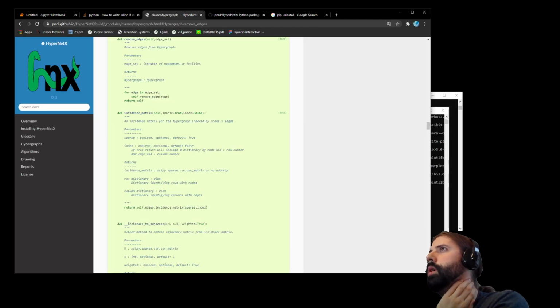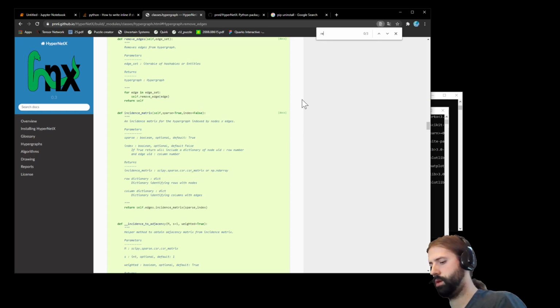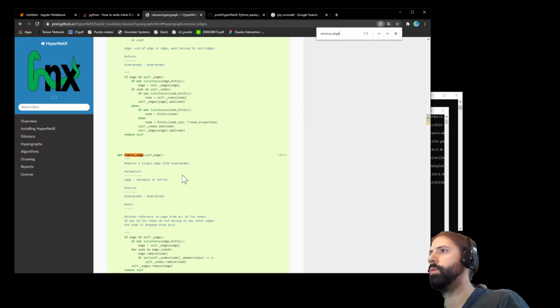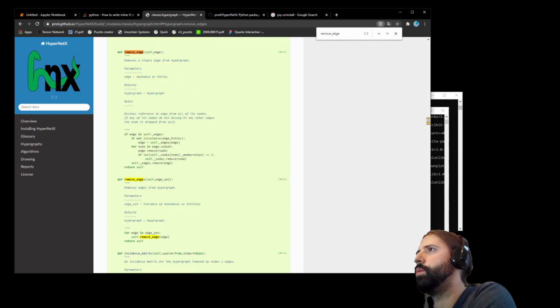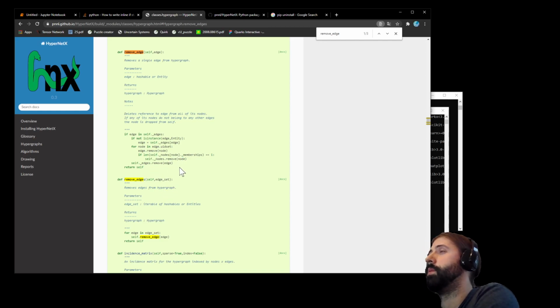What does it do? Remove edge. No, remove node. Edge remove node, and if... Yeah, so it tracks the memberships, and if it's 1, then it removes it from nodes. If not, it keeps it in nodes. The problem is the memberships might not be updated. That's the problem. And so I will remove from nodes, and then